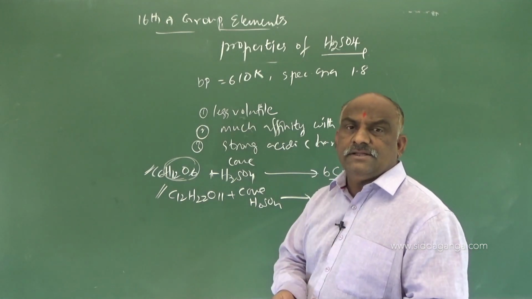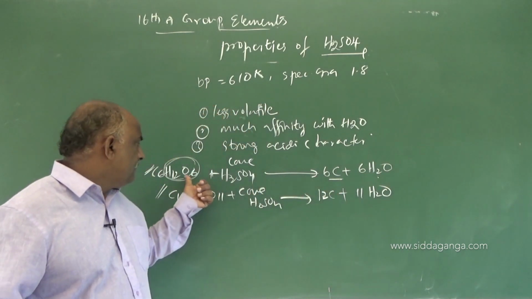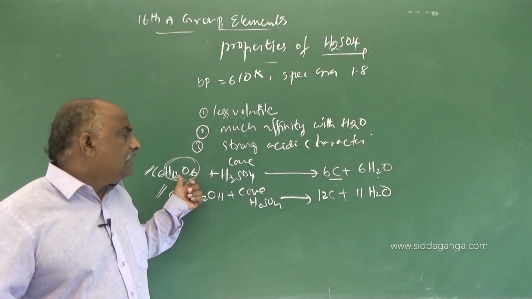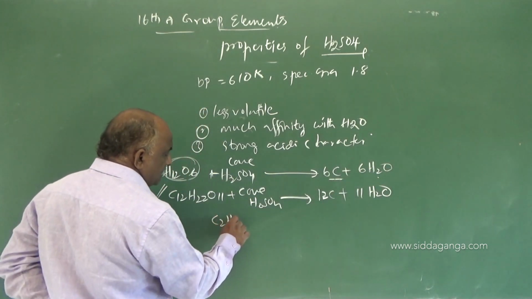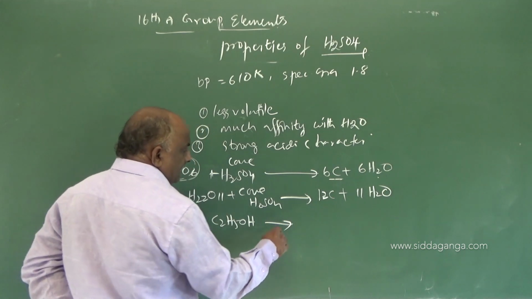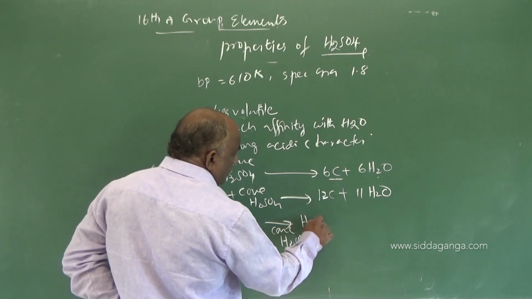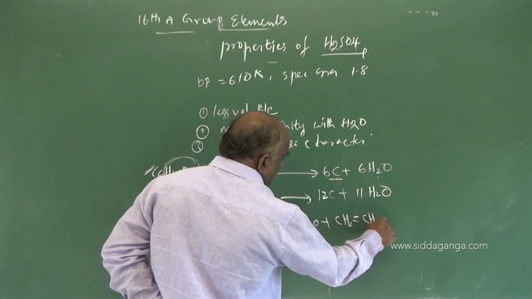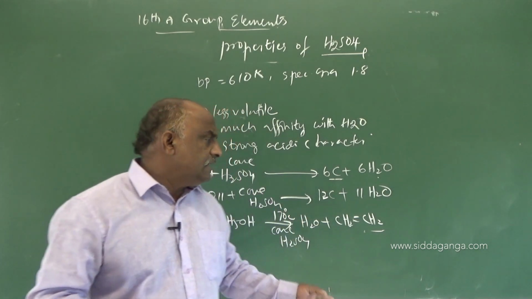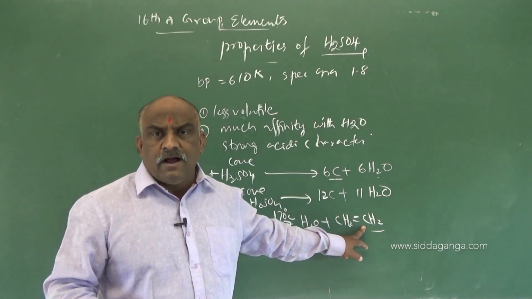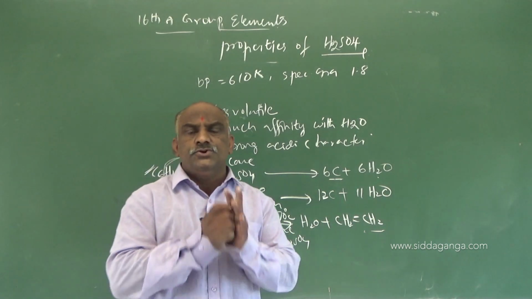How we have to explain this point: before that, make a note that where the water molecule is there, you should remove the water molecule, and after removing the water molecule we will get 6C plus 6H2O. Suppose C2H5OH, ethyl alcohol, was given, then the reagent here is concentrated sulfuric acid. So what will be the answer? Remove water molecule from this and formation of CH2=CH2. The reaction takes place at 170 degrees centigrade. So formation of alkene takes place in this example: alkene plus water. In this example, where water molecules are there, simply you should remove the water.